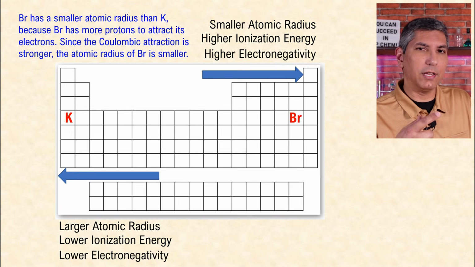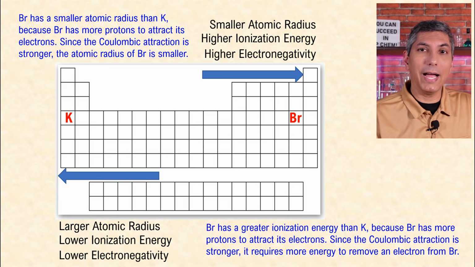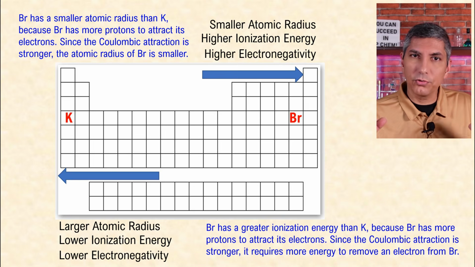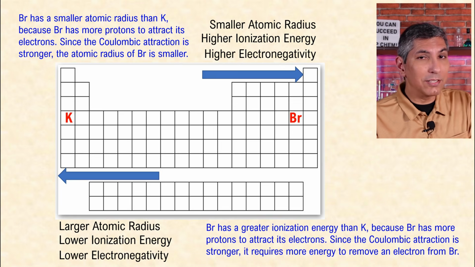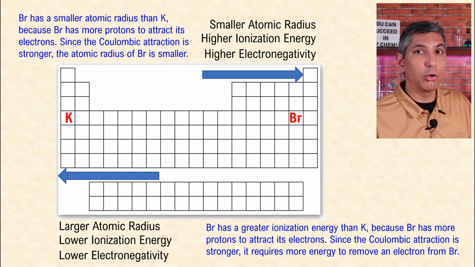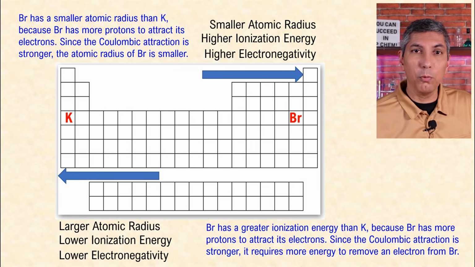What about ionization energy? We could say that bromine has a greater ionization energy than potassium. Why? Because bromine has more protons to attract its electrons. Remember, more protons, greater magnitude of charge, and greater Coulombic attractions. Since the Coulombic attraction is stronger, it's going to require more energy to remove an electron from bromine than from